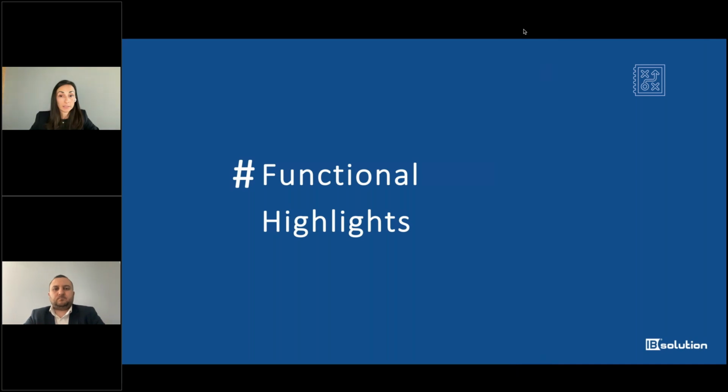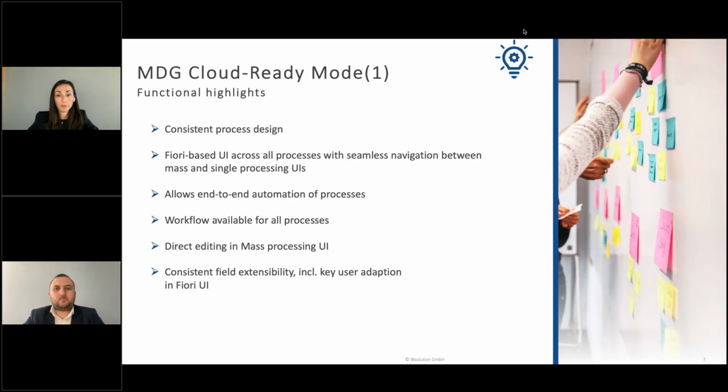The functional highlights. You have probably already been through multiple online descriptions of MDG Cloud Ready Mode. So you have heard about all of those listed here, like the consistent process design and Fiori-based UI applications.